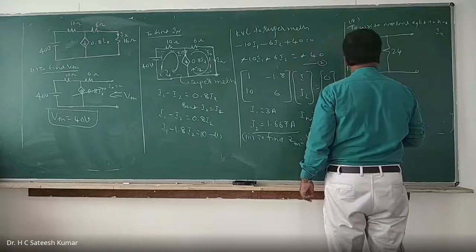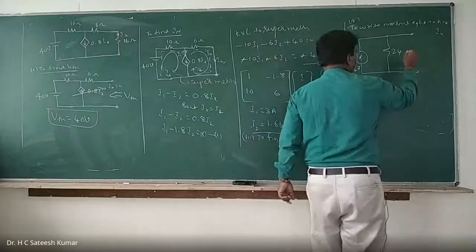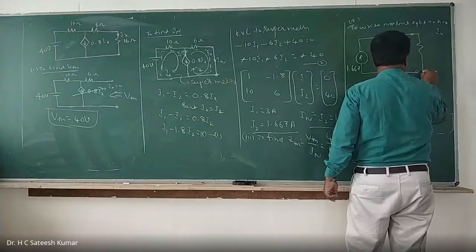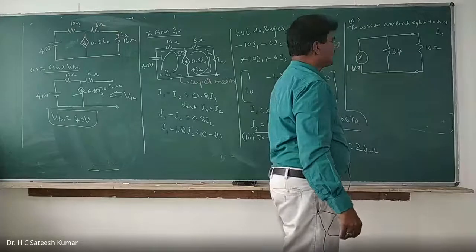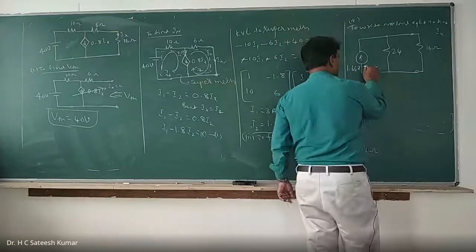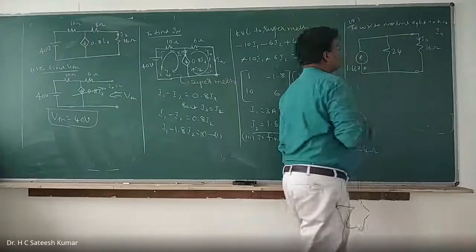And the load, what is the value of load? 16 ohms. You connect Ix. This is the load, that is your 16 ohms. Okay, right. Now use the current divider rule and find out. So this you call it as Ix or IL, whatever it is. According to the problem, it is Ix.